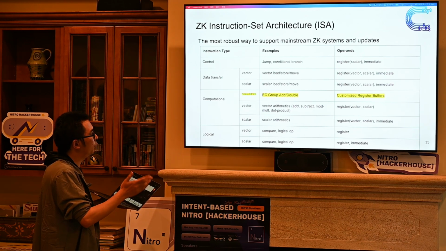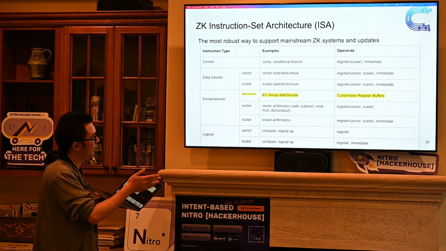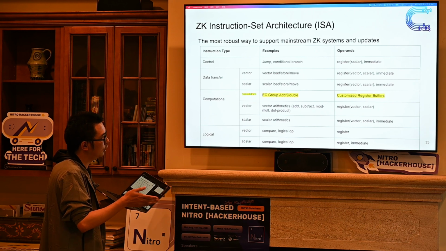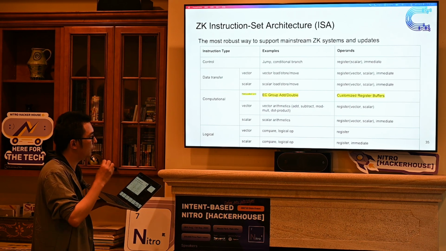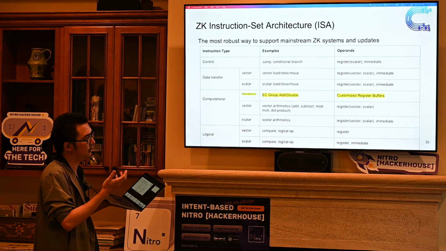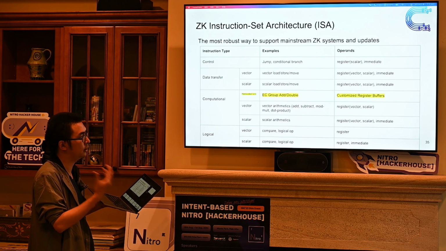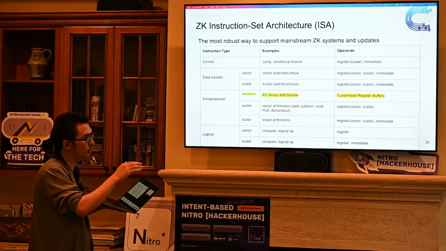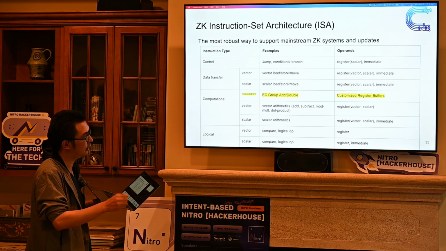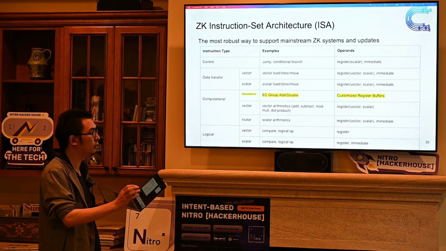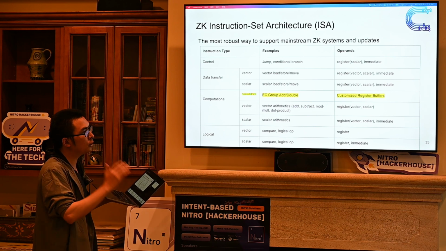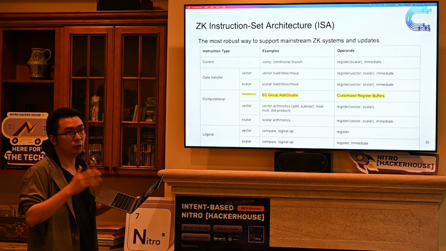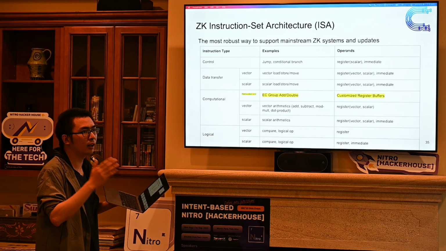But on top of that, you have hard-coded units, for example, EC group add and addition. You have a programmable register buffer. And these two together make a system that's strong enough, but also flexible enough. So compared to the traditional CPU or CPU ISA, what is the main thing it can do that a traditional CPU cannot? You can easily offload very fine-grained operations to your hardware, especially hardware-accelerated,